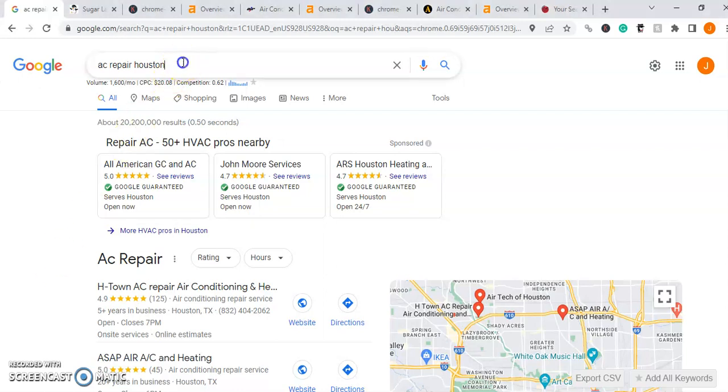Now, if you take a look at the top here, we're looking at AC Repair in Houston, which generates 1,600 searches a month. Obviously, there are a lot more searches out there when you take into account search terms like AC installation, AC repair near me. So, like I said, there's a lot more volume out there, but for the sake of time in this video, we're just going to be focusing on this one search term. So let's show you how you can turn those 1,600 searches into revenue for your business by starting with your